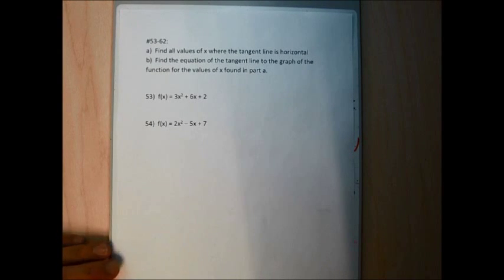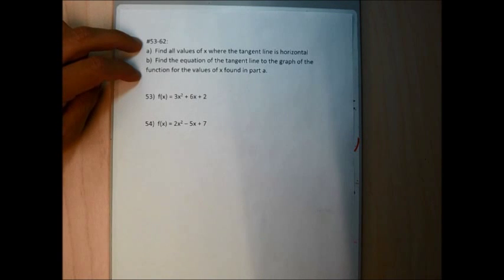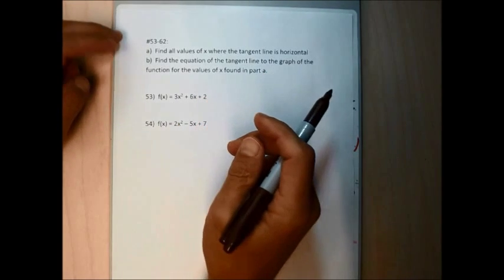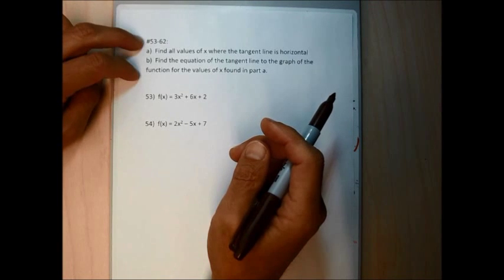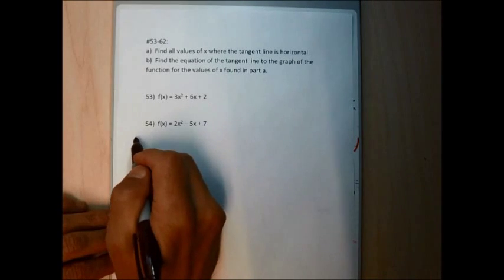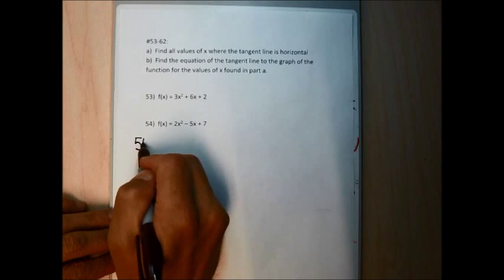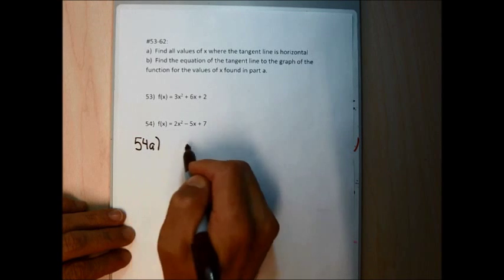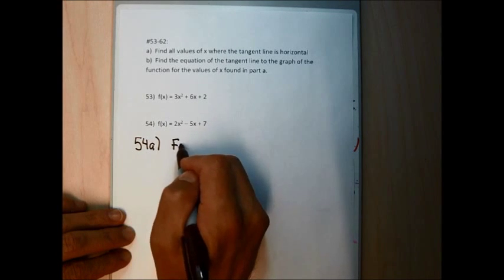Alright, so this is the last part of section 2.1, and I think we've had these instructions before. If not, I'll refresh your memory. Each of the questions between 53 and 62 has a part A and a part B. When I go to do 54, part A wants me to find all values of x where the tangent line